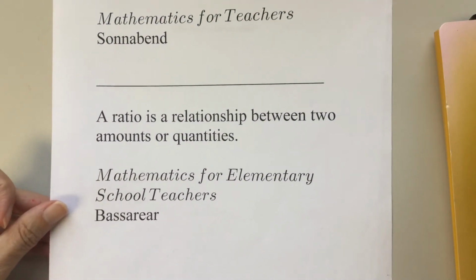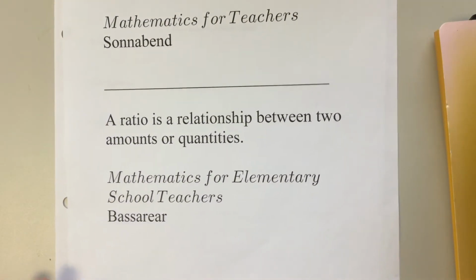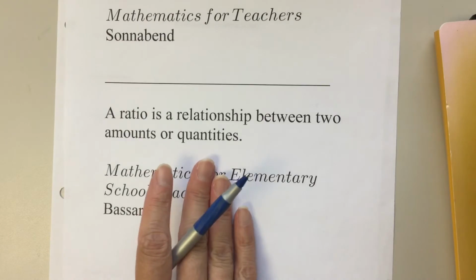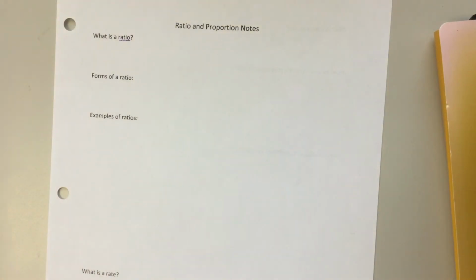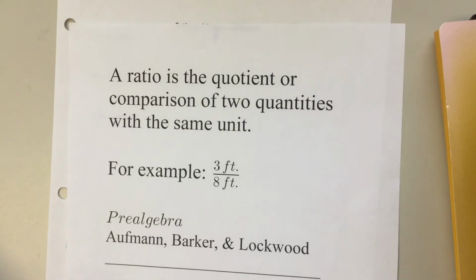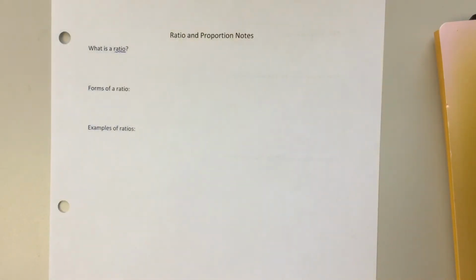And then here's another one. Again, don't write anything down yet. A ratio is a relationship between 2 amounts or quantities. So this one's really vague. It doesn't really give a lot of detail. And that is also from a Math for Elementary Teachers book. All right, here is another one. This is from a pre-algebra book. The ratio is the quotient or comparison of 2 quantities with the same unit. So all of these are good definitions, but the one that we are going to use is going to be